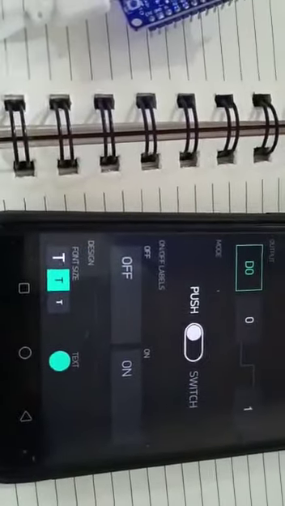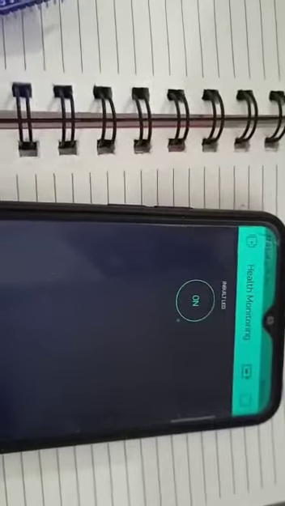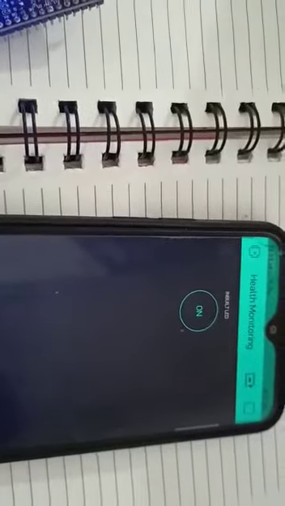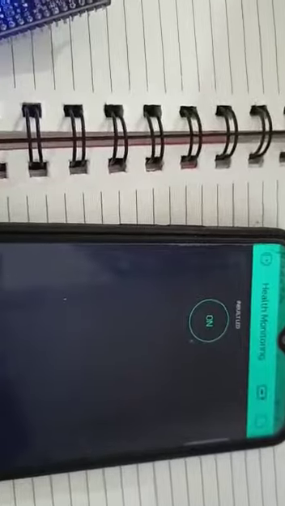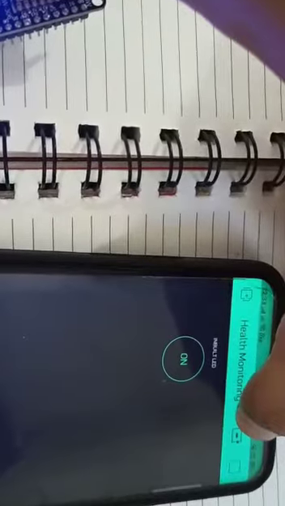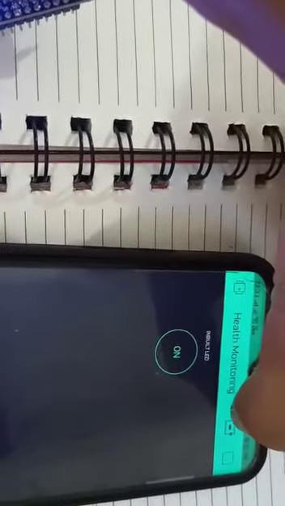Next, if your Node MCU is connected to your Blynk app, the board option will be okay. If the Node MCU is not connected here, it will show a red mark.